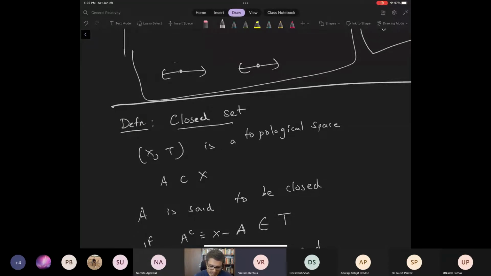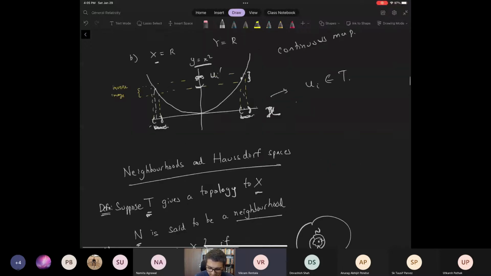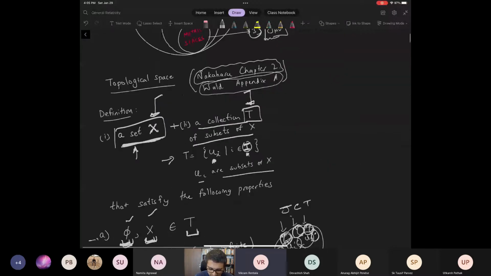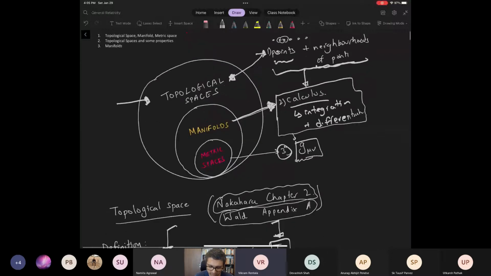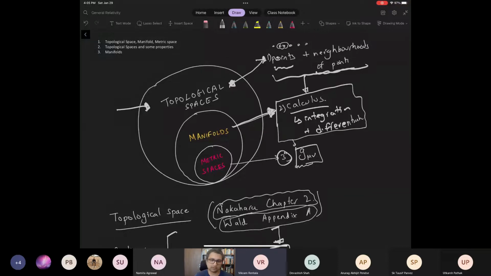Okay, so last time we were talking about topological spaces, and that was a precursor to talking about manifolds. So today we'll continue our discussion on topological spaces, and next time we'll start on manifolds. As you've seen, topological spaces are essentially about points or a set,